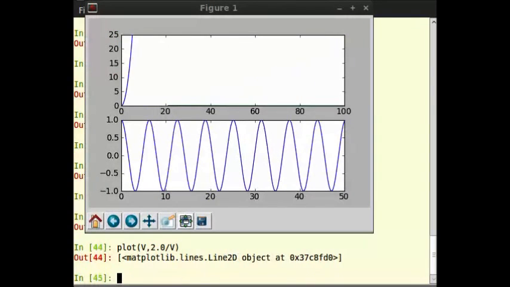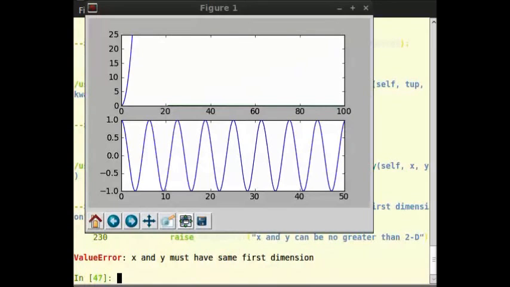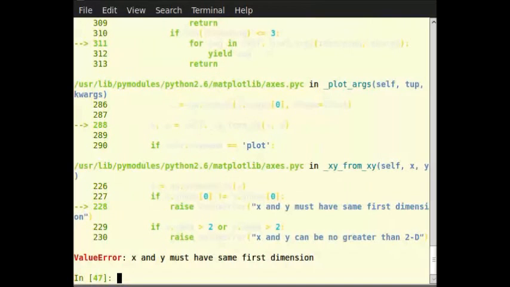Now we can create the second subplot and draw the pressure versus temperature plot as follows. Subplot 2, 1, 2, then type plot within brackets 200, 2.0 slash V. Oh, unfortunately we have an error now, telling x and y dimensions don't match.